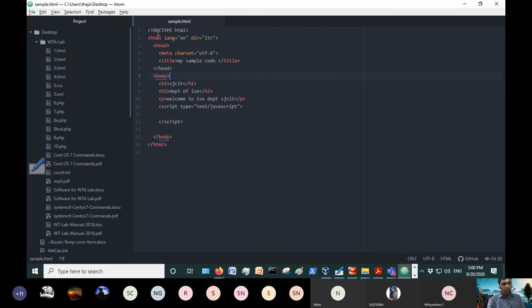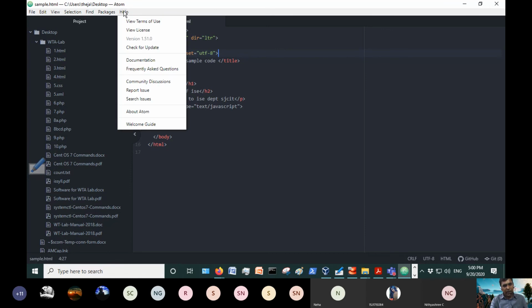Right now we can see that all these are red. And see here, one more notation is there. The tag name is in red. So there are attributes and values. See, lang is an attribute for the HTML tag, which is in orange, and the value is in green, EN. So whether attributes and values are valid or invalid, you can easily find out in this Atom editor. There are many more features in Atom.